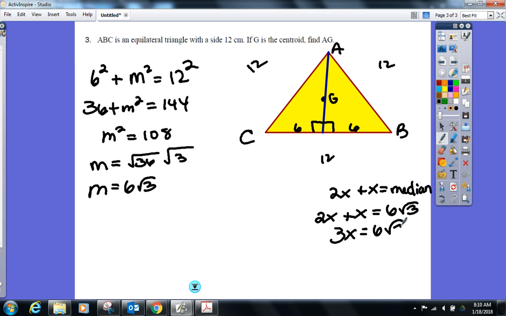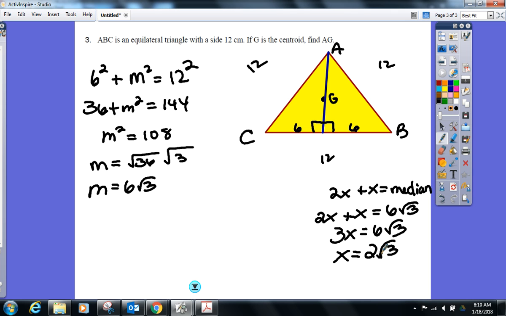What do you want to do on both sides now? Divide by 3. And when you divide by 3, are you dividing the radical by 3? No. What's the only thing that gets divided by 3? 6. So it ends up being,